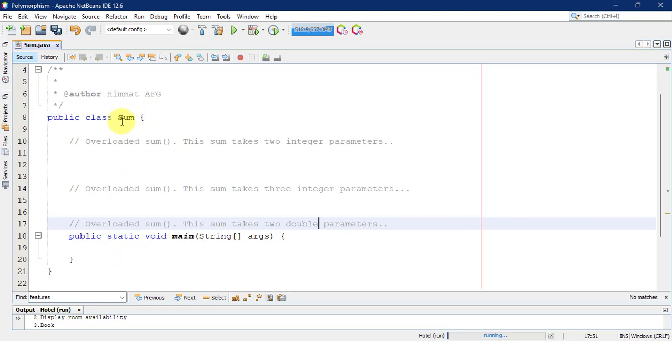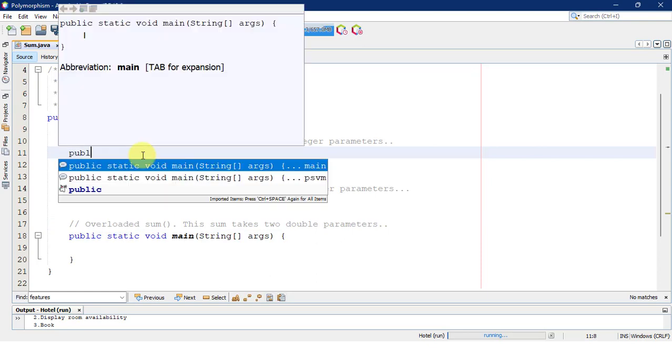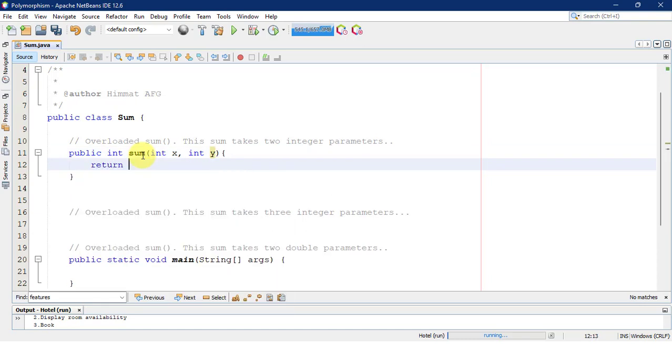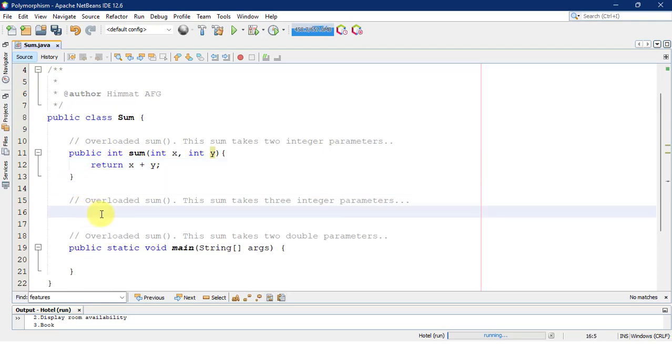Public class Sums, and I create a new method of the Sum class: public int sum, int x and int y, return x plus y. This overloaded method, sum, takes two integer parameters. This sum method has two parameters. The return type is also integer, but I have another overloaded method, public